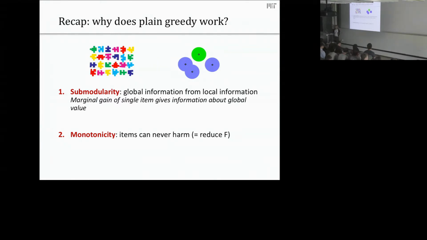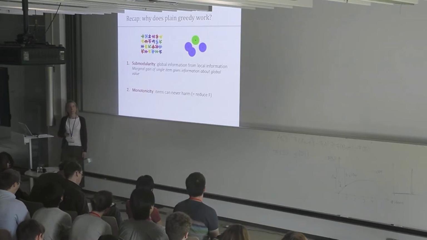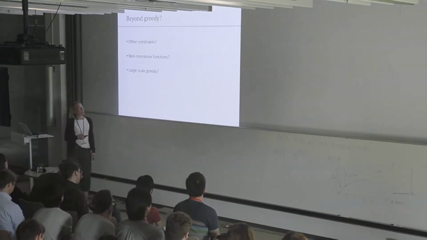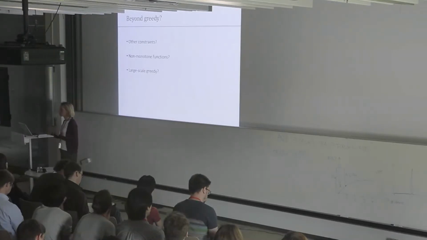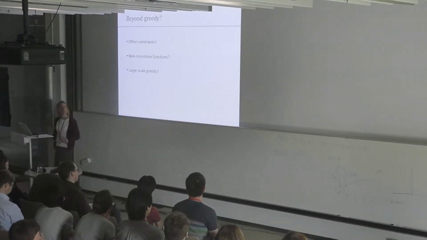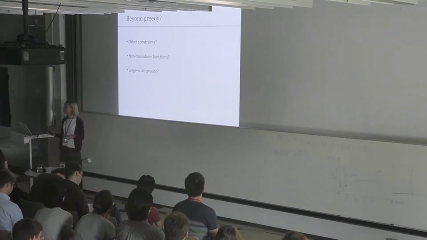Okay, so we know for monotone submodular functions, this is the argument. We have the simple greedy algorithm, and it's guaranteed to work. And this is in fact the best you can do in polynomial time. But of course, not all of our problems are these kinds of exactly take k out of n monotone optimization